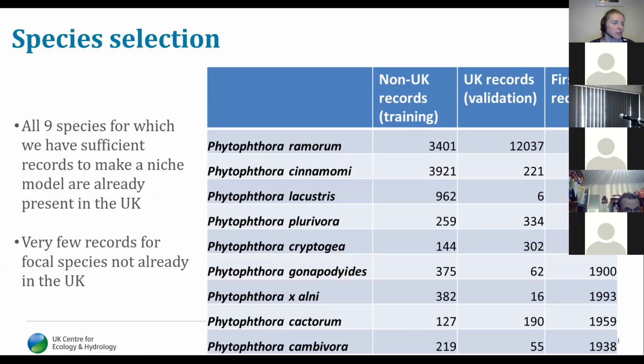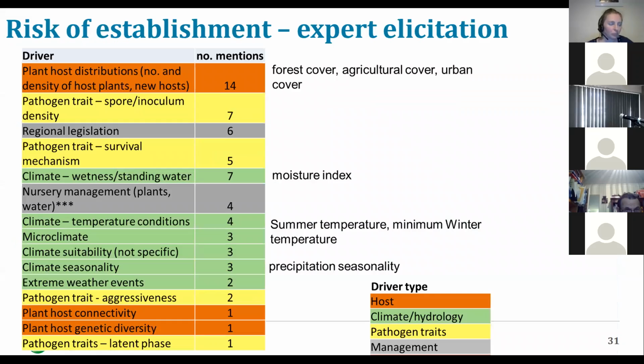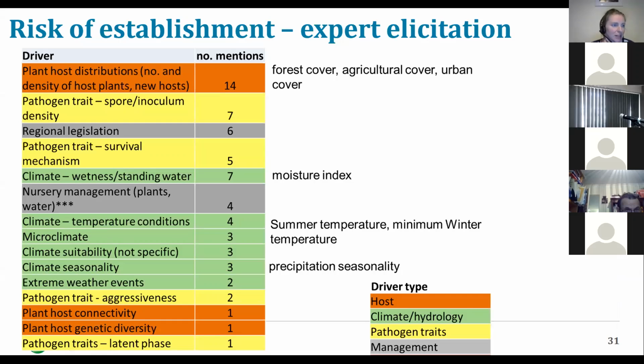And to help us with these global niche models, we cornered around 40 pathologists at one of the Phytothreats project meetings, and gave them post-it notes and breakout groups and picked their brains about potential risk factors for Phytophthora establishment. And we ranked the risk factors based on how many times they were identified by the participants. And then we had to select some suitable global environmental layers to use as proxies for these risk factors. And the risk factor mentioned most often was the distribution of